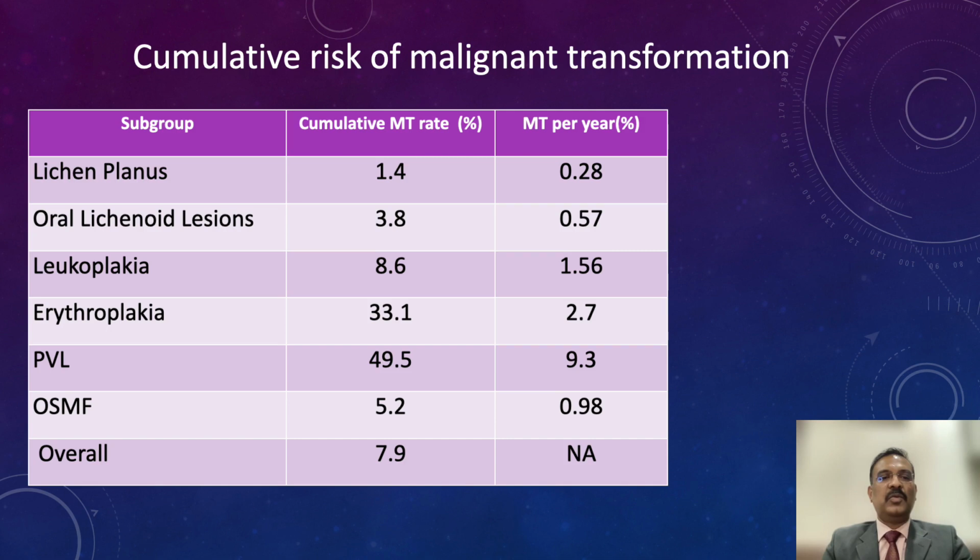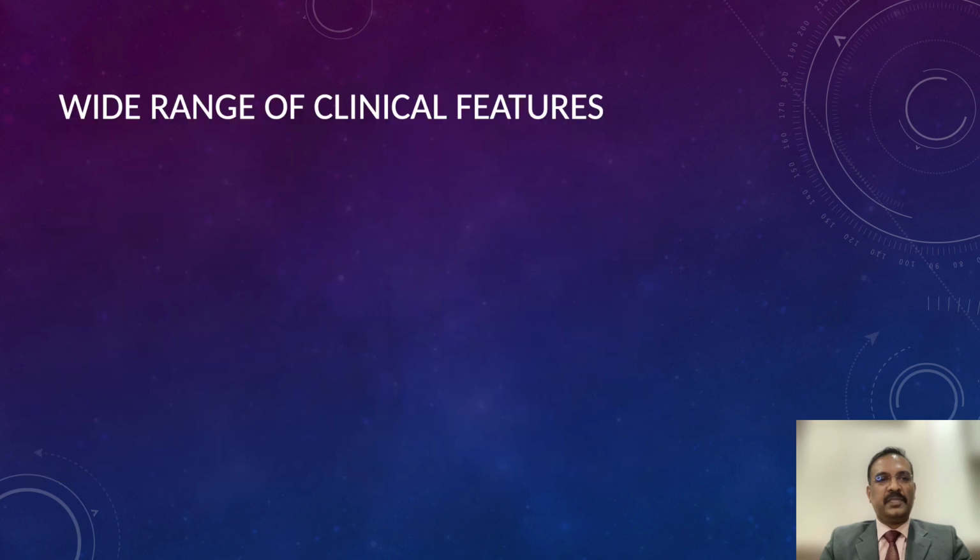Put together, overall it is about 7.9% cumulative risk. You can notice lichen planus: there were doubts whether it is actually a pre-malignant condition, because the risk in various groups and various estimates was found to be very variable, but there is a definitive cumulative risk of about 1.4%. So that is also considered a definitive oral pre-cancerous condition.